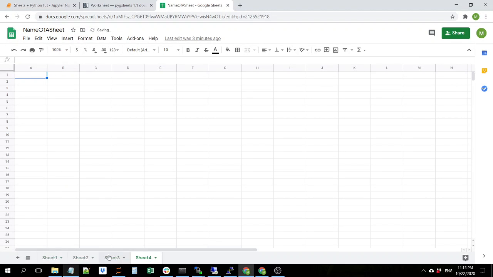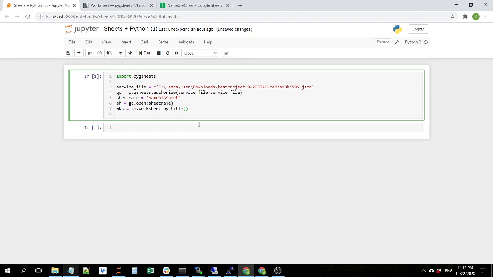So if I have multiple sheets, it can be attached by the order, but in this case I wanna attach it by the title. So its title is test,